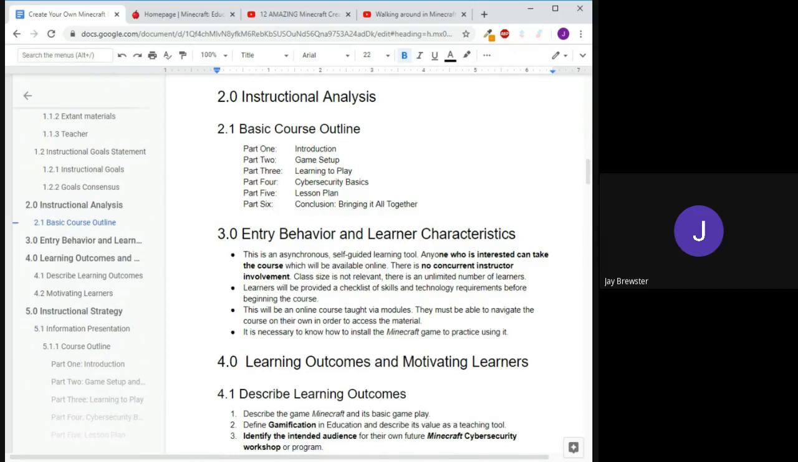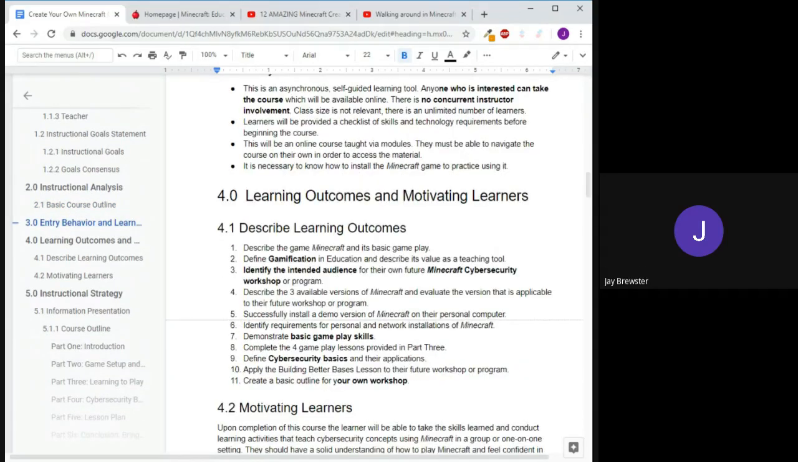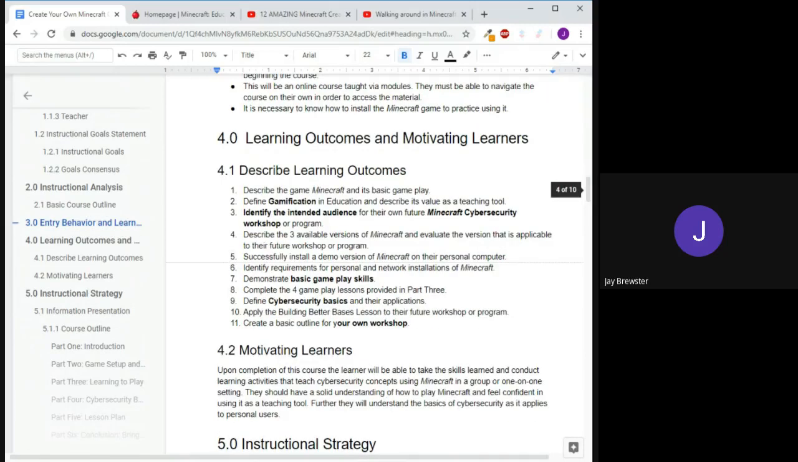They'll ultimately have a proposal or outline for their own workshop. One key thing of this is that there's no concurrent instructor involvement. This is entirely self-guided. All instructor involvement will be on the back end, building the site, maintaining the site, changing items that might not be working, monitoring how people are doing overall and how the tool is working for its purposes. Learning outcomes, I'm not going to go through all of them, but